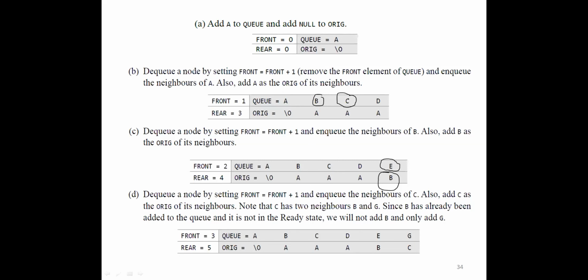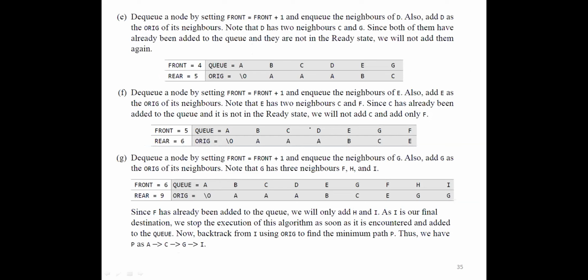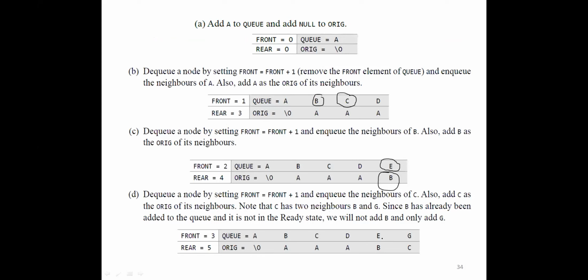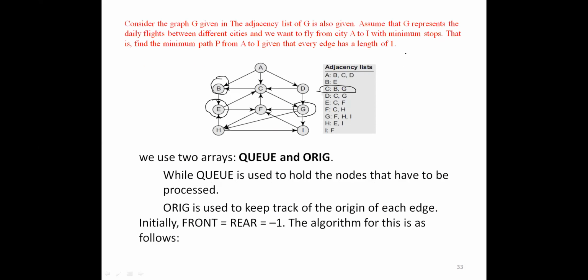Then I start exploring the adjacents of C. Who is adjacent of C? That is B and G, I think so. Yes, here it is written clearly. So B and G, this is the adjacent of C. One second. Once again, I'll see. It's not moving. Okay. B and G.